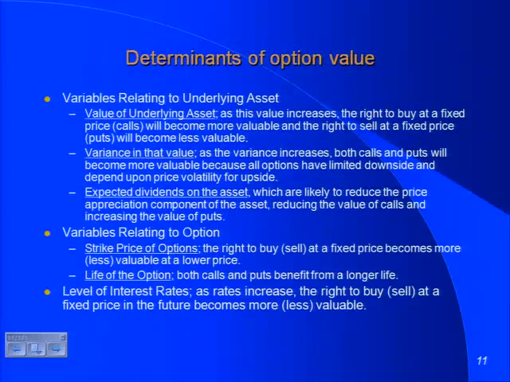Do you see why? Let's take a simple example. You have a call option on a stock that pays a big dividend. You know it pays a big dividend. In fact, the stock price right now is 50. Tomorrow is an ex-dividend day, and you know there's a $2 dividend coming tomorrow. What's going to happen to your stock price tomorrow? It's going to drop by roughly $2. Otherwise, you'll have arbitrage, right?